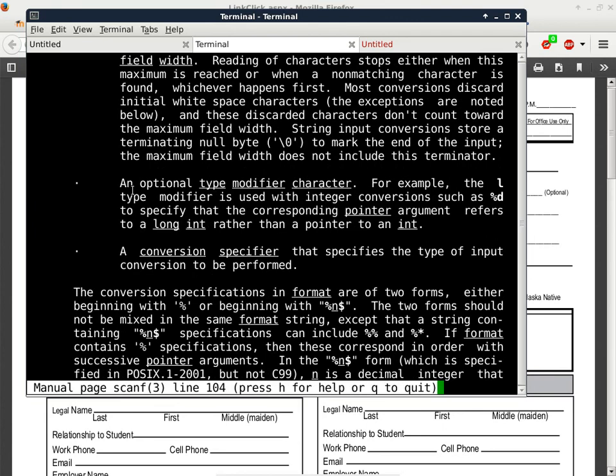Now the other part that implies that the type modifier has to go first is because it is optional, and the other one is not optional. It doesn't say optional here. And typically, the optional part has to go before the mandatory part, because the mandatory part is the end of that particular conversion specification. Okay. All right. So now that we have looked this up,